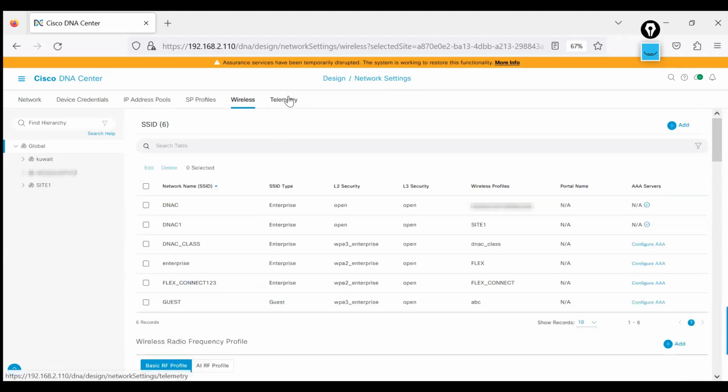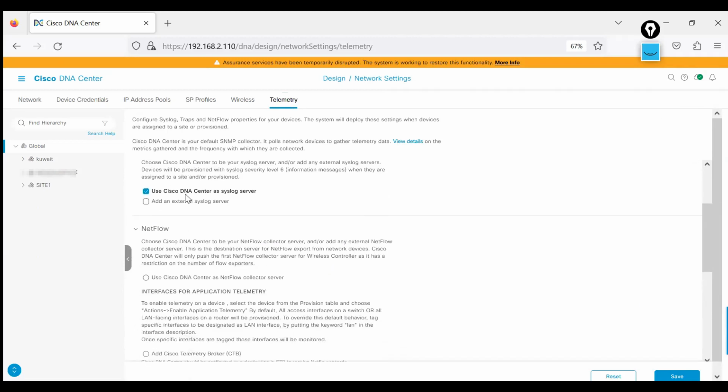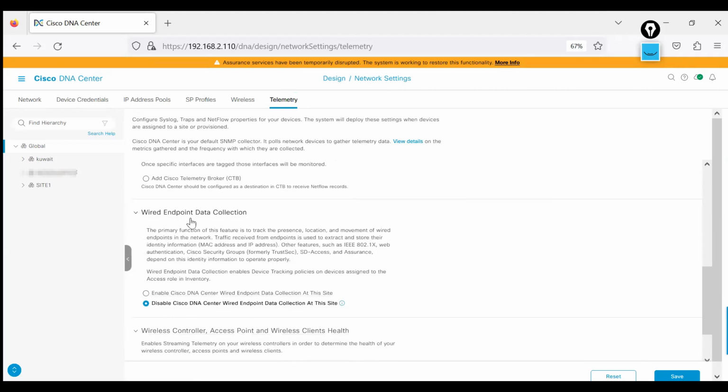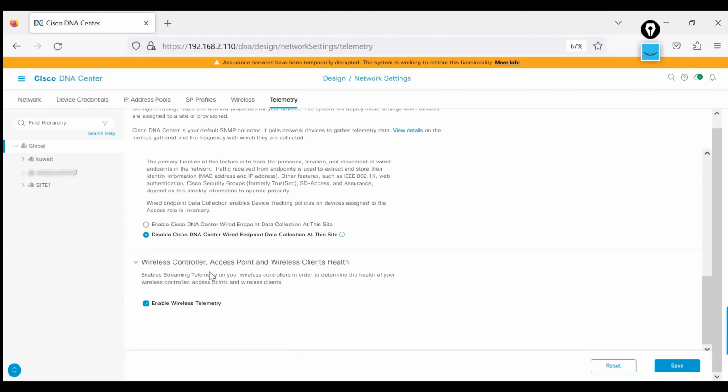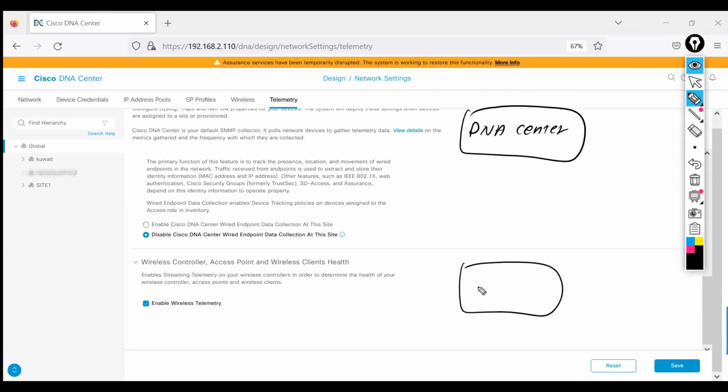And telemetry: SNMP traps, syslog, NetFlow, wired endpoint data collection, wireless controller, access point, and wireless client health. Let me tell you one thing. DNA Center and a doctor